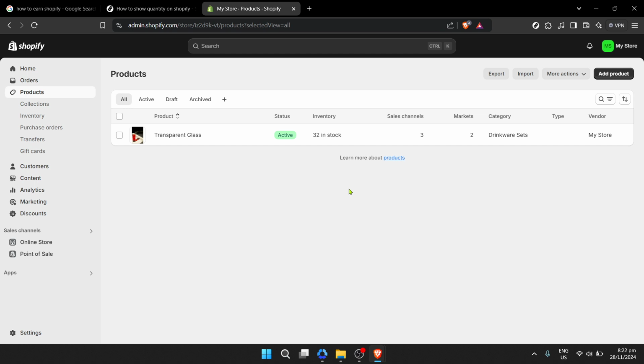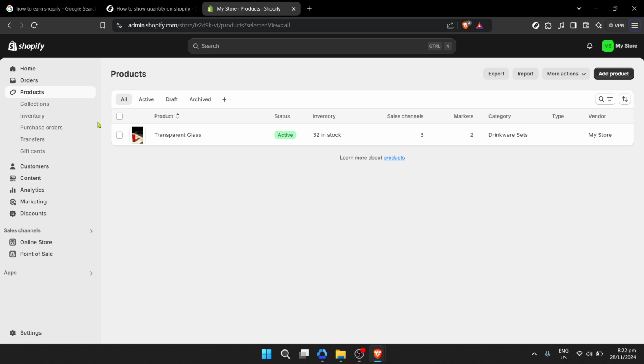To sum up, showing product quantities on your Shopify store is a valuable strategy for enhancing customer experience and driving sales. Through the steps outlined today, from logging in to navigating to the inventory section, Shopify makes it easy to manage and display your stock levels. Keeping your inventory updated not only helps in maintaining customer trust, but also contributes to the overall success of your online store. Remember, the key to effective inventory management lies in regular monitoring and updates.